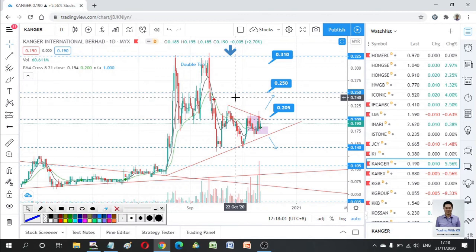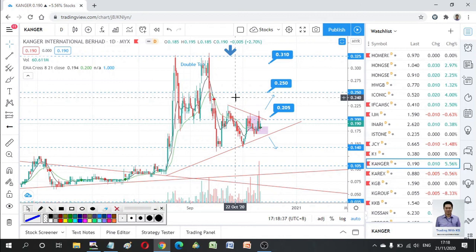You can see where it's a resistance, where it's a support, where you should enter, where you should exit, and what pattern is printing. The pattern will tell you the probability, how many percent, that the price will move that way. We can't say for sure. Let's say this pattern is 70% effective, which means you have a 70% chance that the price will move that way. This is the difference between blindly following the news and having a chart analysis.